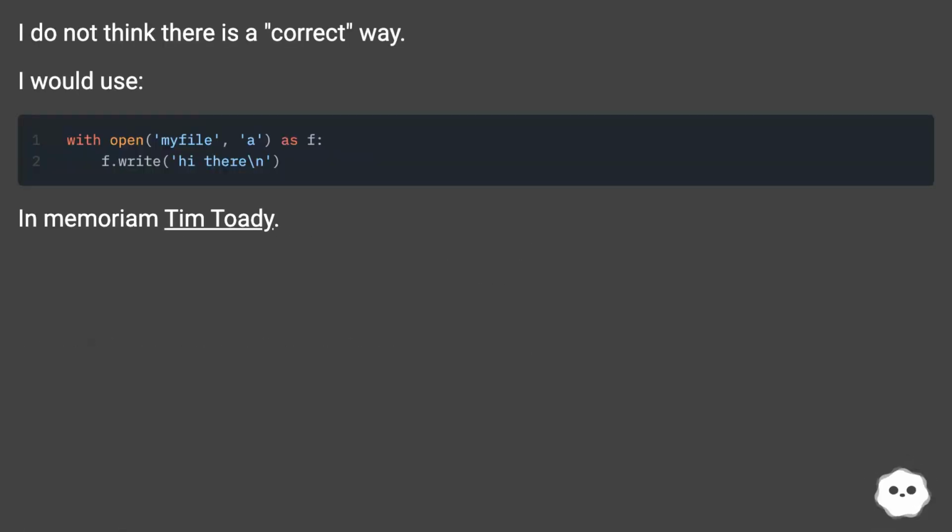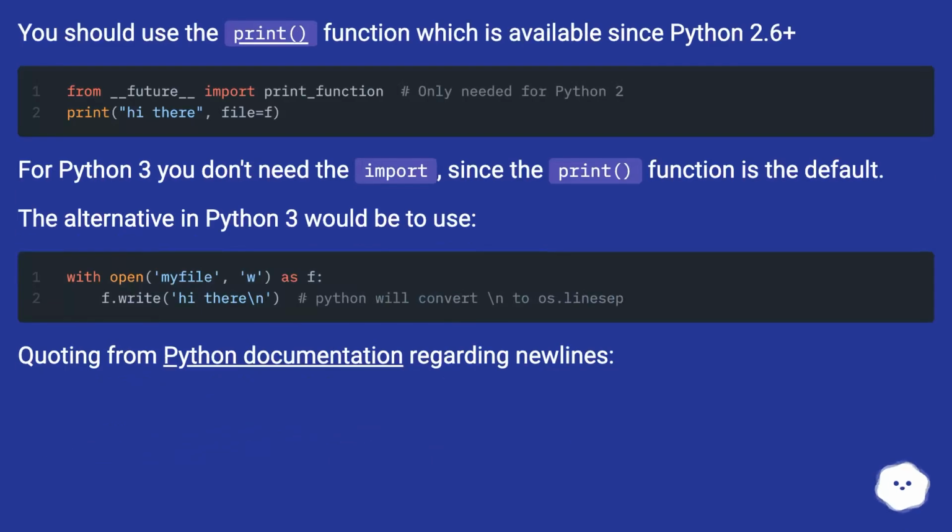I do not think there is a correct way. I would use print. You should use the print function, which is available since Python 2.6 plus. For Python 3 you don't need the import, since the print function is the default. The alternative in Python 3 would be to use